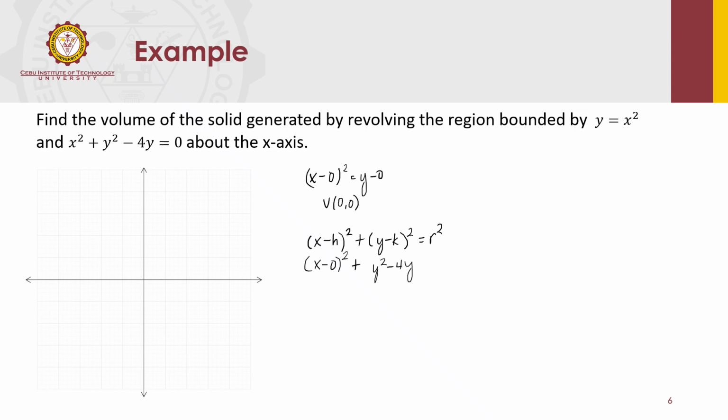So we need to complete the square to get a perfect square trinomial. The last term should be 4 to get a square of a binomial. If and only if y squared has a numerical coefficient of 1, the shortest way is just to divide this by 2 and then square the result. So 4 divided by 2 is 2, and then squared is 4. So we're adding 4 to one side of the equation, so make sure that the same amount is added on the other side.